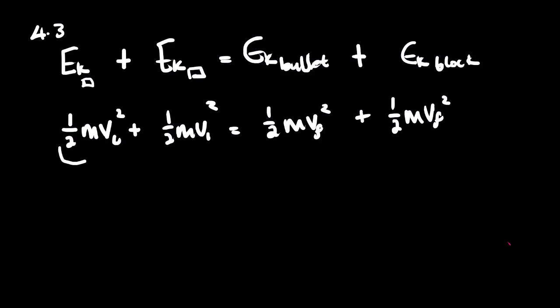So we should understand that for this, it's when we have that bullet block system. That is where EK minus